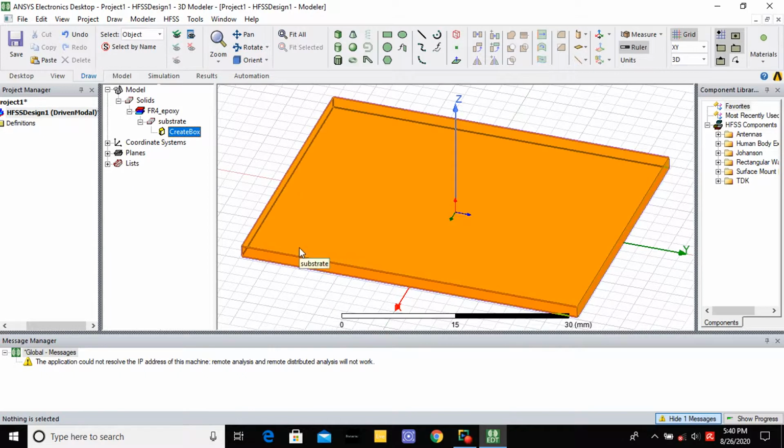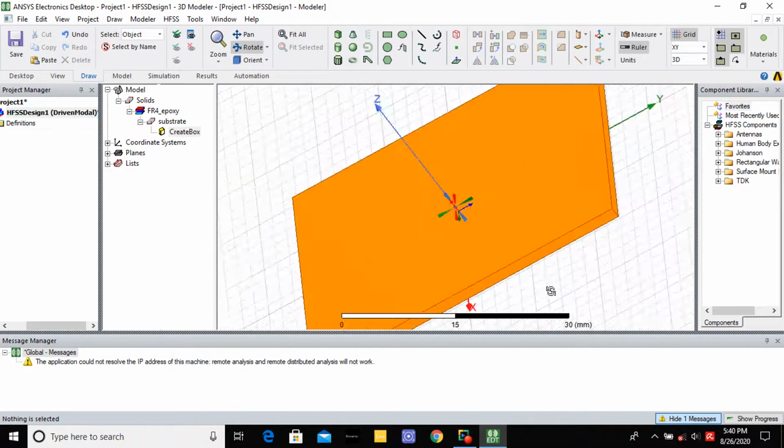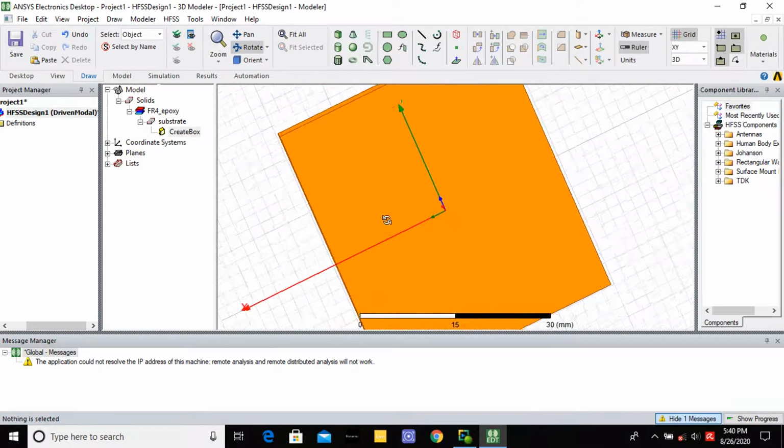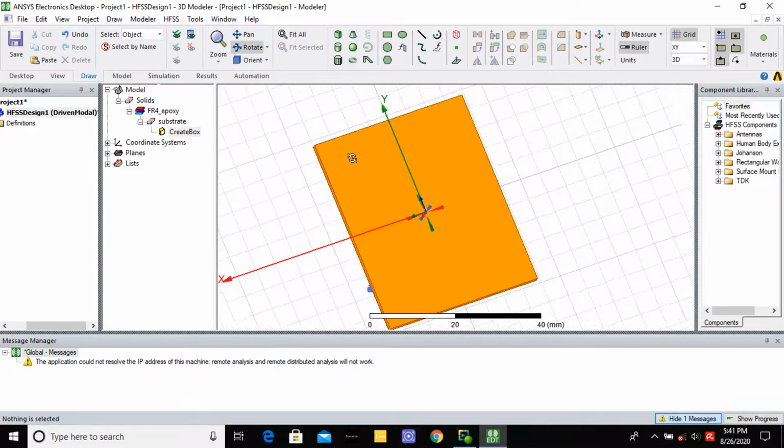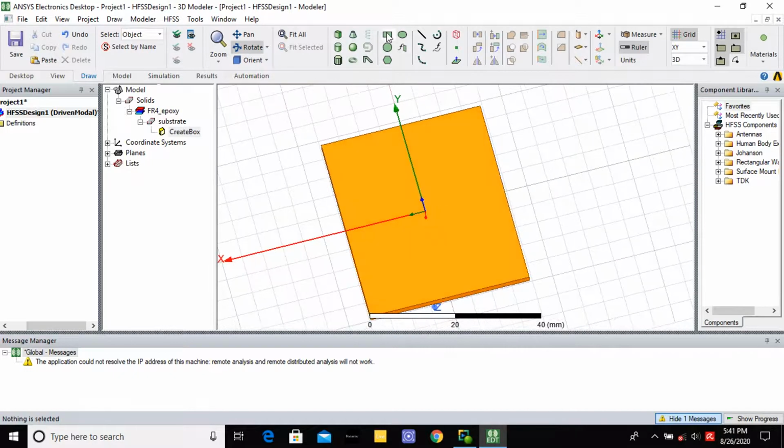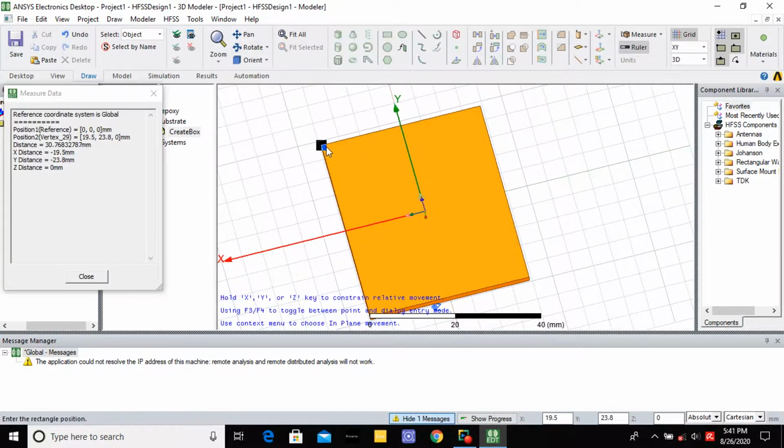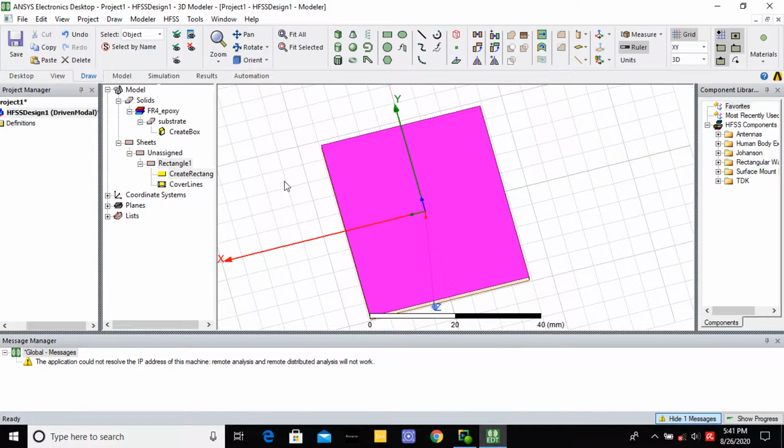Next, I am going to draw the ground. So you rotate the substrate. For the ground, you select rectangle, and in that rectangle you select your full size.